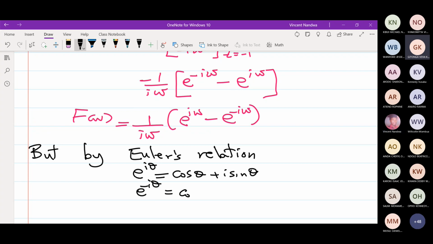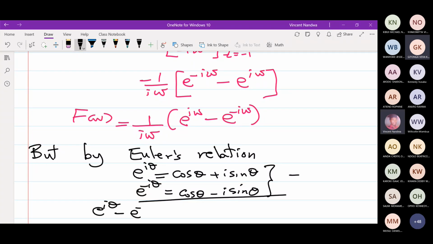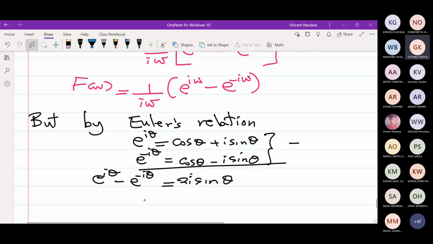Cos theta minus i sin theta. If I subtract these two, I get e to the power i theta minus e to the power minus i theta equals, I'm subtracting top down, 2i sin theta. So which means that the expression